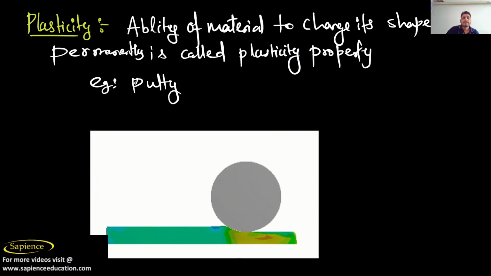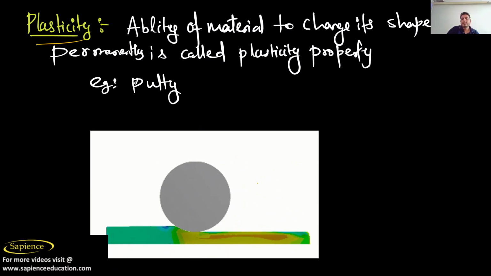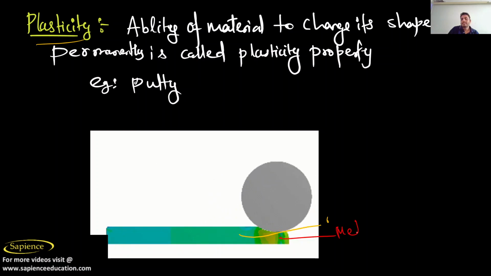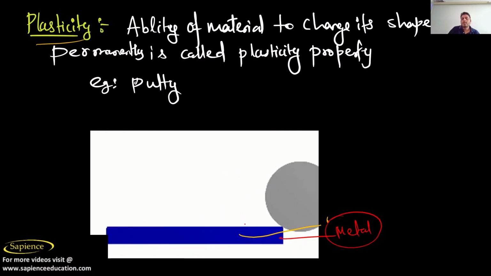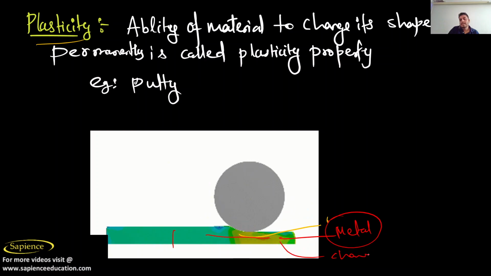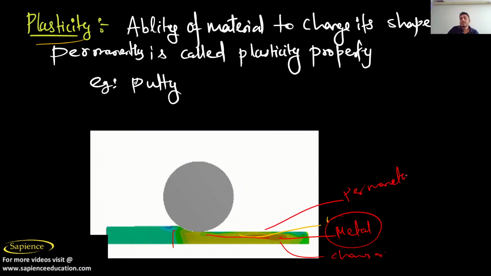Now let us consider a new term, that is known as plasticity. Before that, try to understand from this figure. See here, a roller is being rolled on this metal. Try to understand, this is your metal, and as the roller moves on the metal, what is happening? The original shape and final shape: the metal is changing shape. And after this, what is happening? It is permanently deformed. See here, it is not regaining its shape and size.